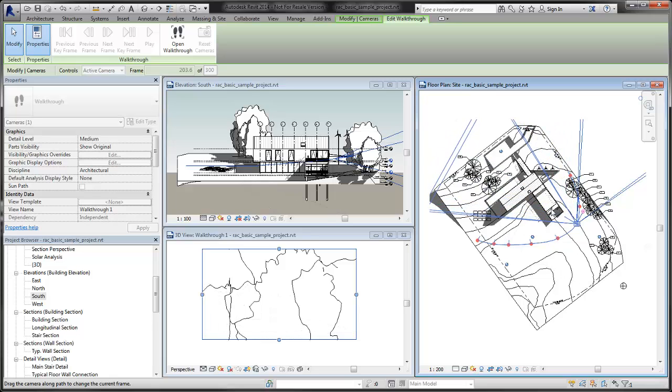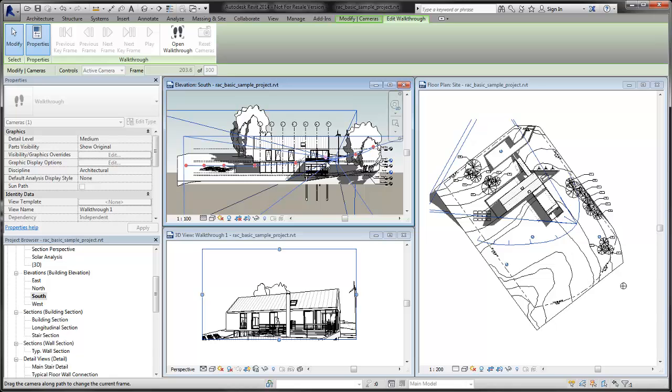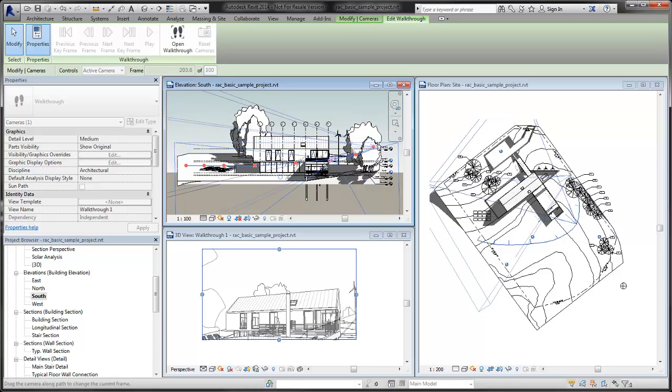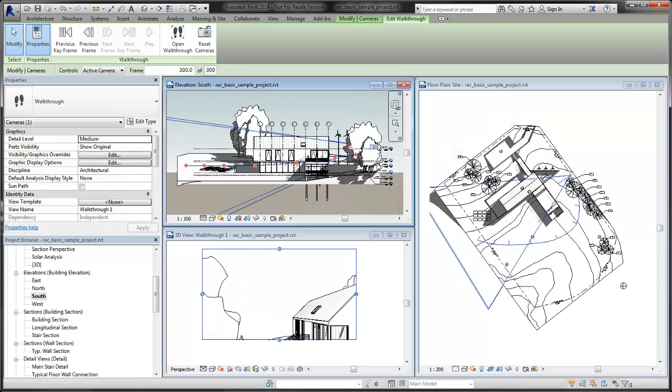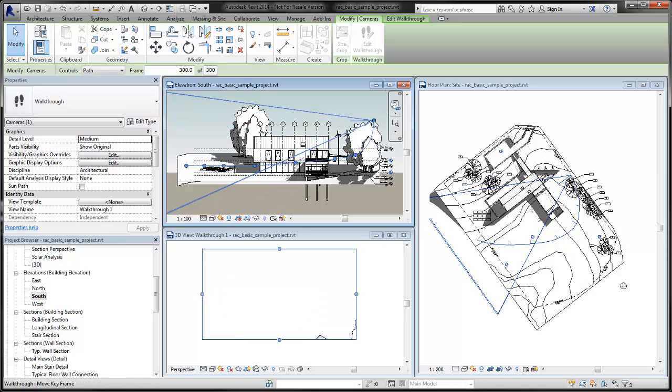In some cases, you may find it necessary to adjust the height of the target point of the camera or the camera itself. To adjust the height of the target point, use the Elevation or Section view to adjust the camera target point up and down. If the height of the camera needs to be adjusted, change the control selection on the options bar to Path and use the grip points to adjust the path of the camera. In this example, the path of the camera is adjusted up to get the camera position above the trees.